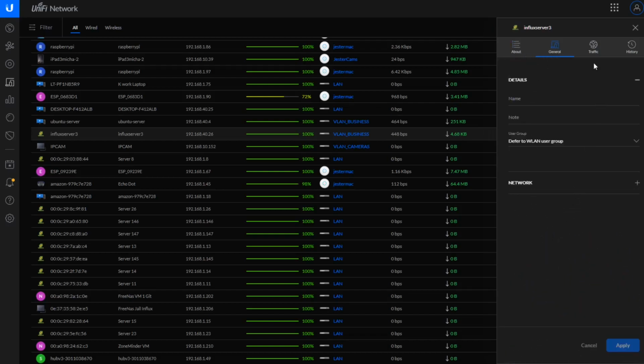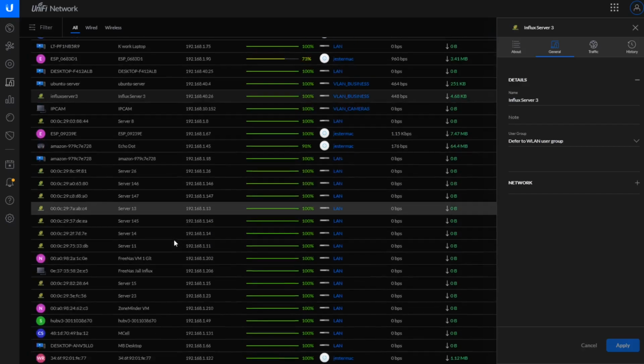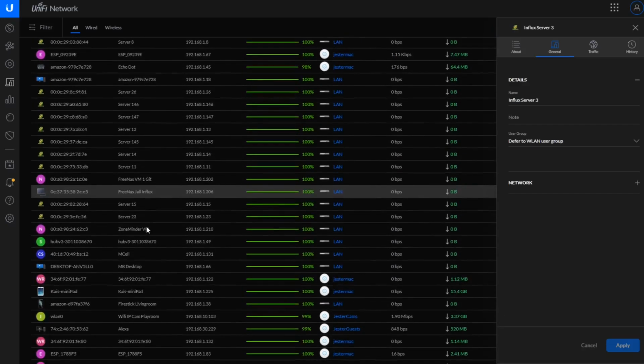In general, traffic history, the benefit here is you can give this device a name. So if I write here influx server 3 and apply, it will then change here to influx server 3, and I can do this to a couple of other devices as well. So what I have done here so far,